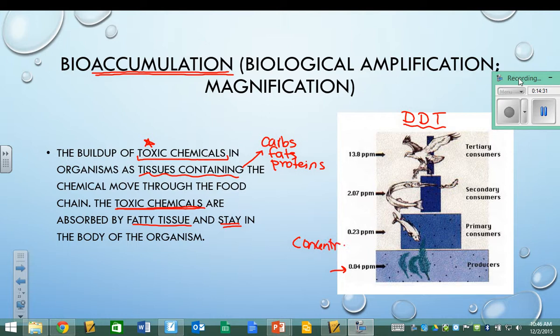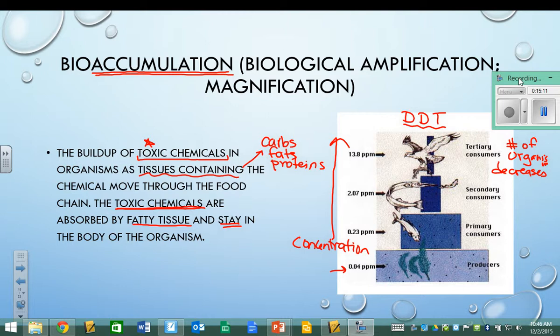So that's what this measure is. It is a concentration. Now this isn't Chem 20. I'm not going to ask you to calculate parts per million. That's not my goal. But what you should recognize is that that number goes up every time we go up a level in the food chain. The reason that concentration increases is because the number of organisms in each level decreases. So I don't have more of the toxic chemical, I just have less place to put it.